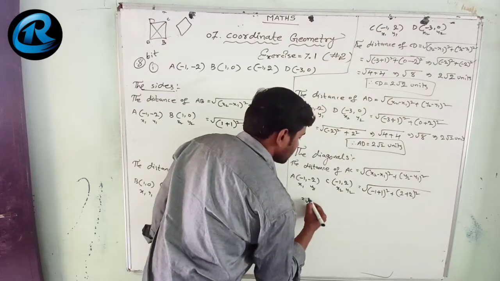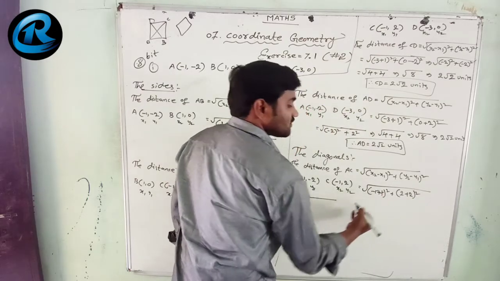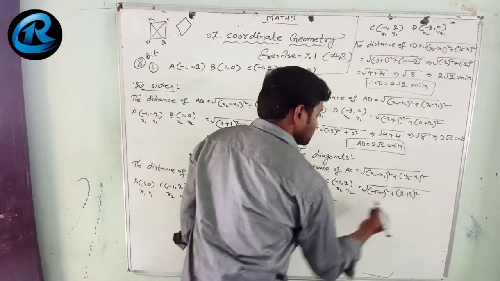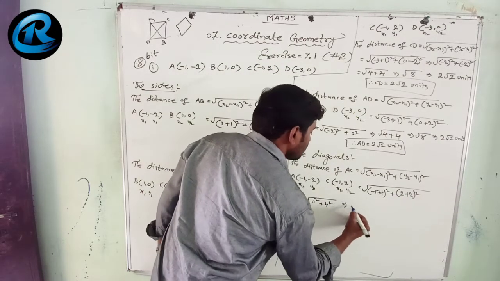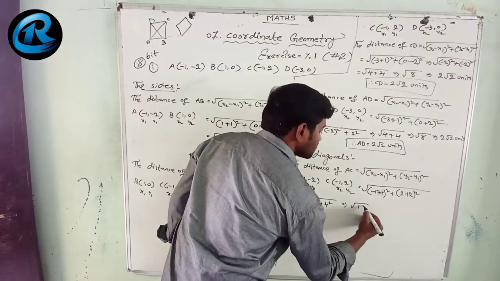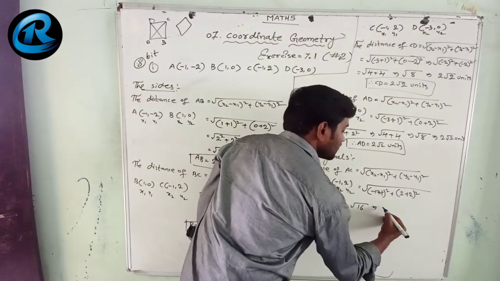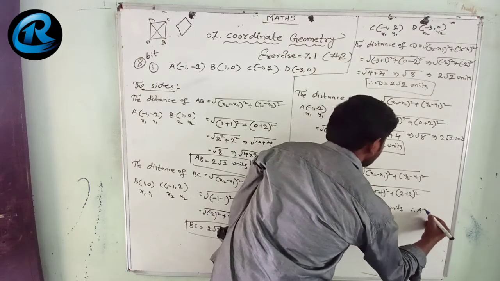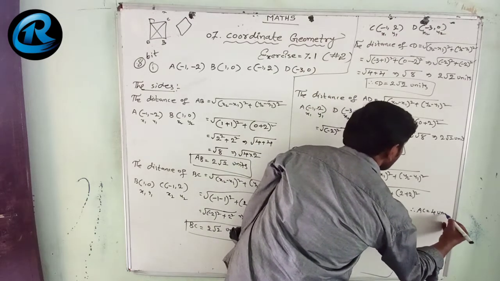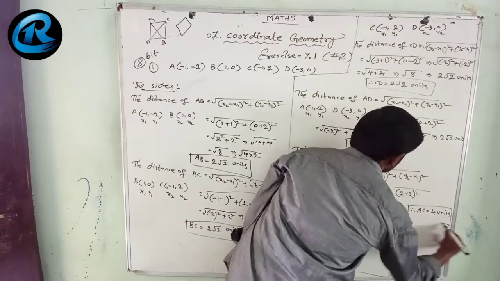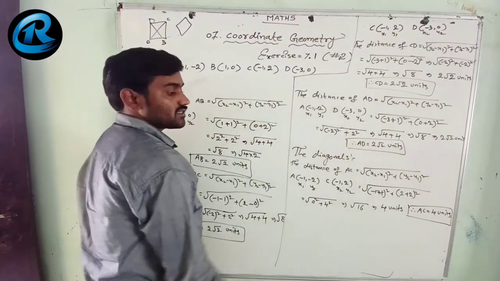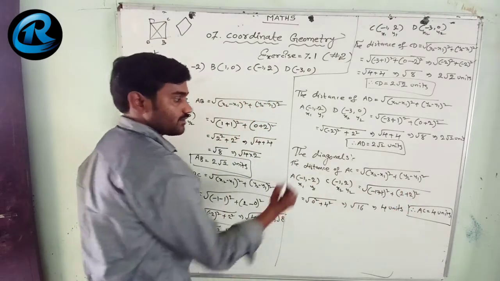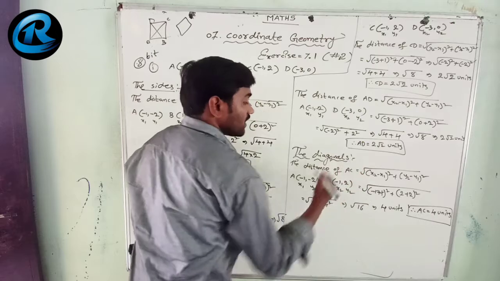So let us solve here now. Plus 1 minus 1 gets cancelled, 0 square plus 2 plus 2 is 4 square. Root of 4 square, that is 16. Root 16 is nothing but 4 units. Therefore AC equal to 4 units. Because there is no place, I am writing like this horizontally; you write step by step.